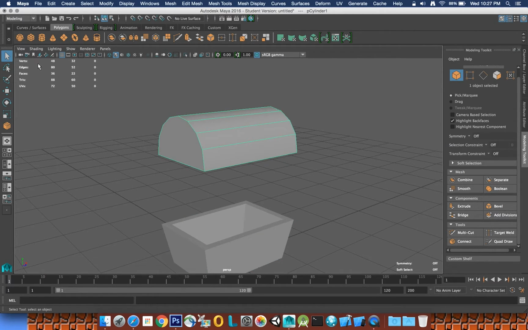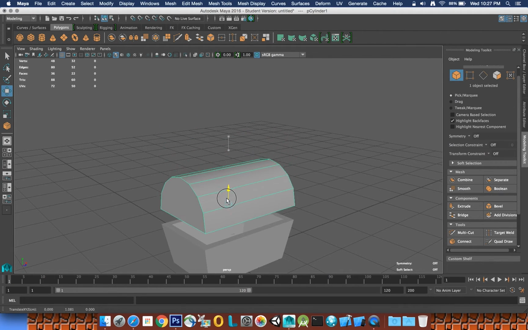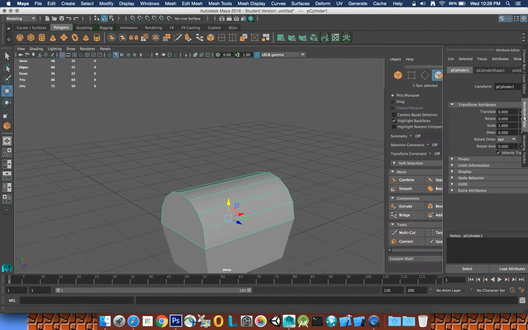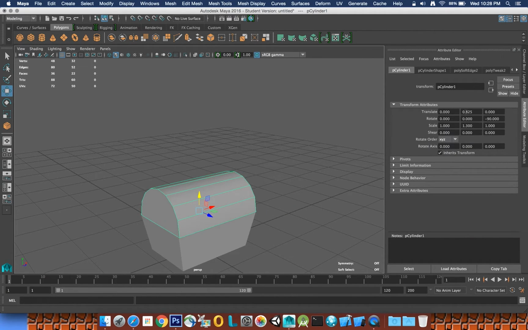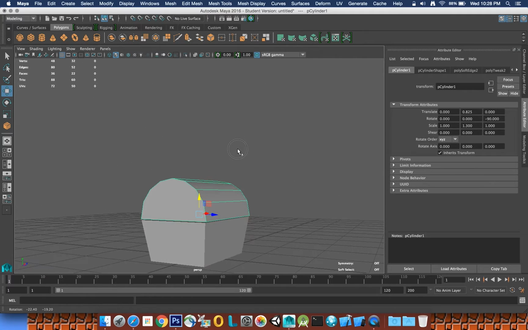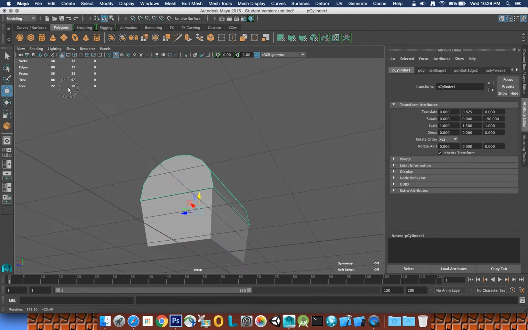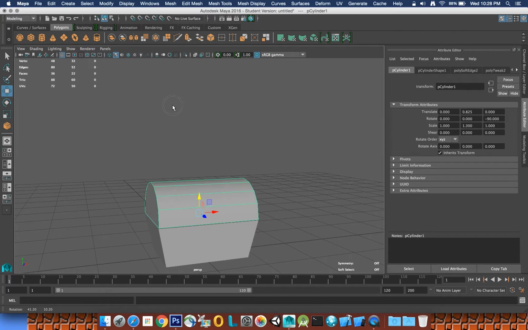One final trick, and this will be done. So I'm going to pull the top back down. Go to my attribute editor. Too far. Okay. That's just about down on top. All right, the final thing I want to do with this is we want this lid to be easily opened. And so I'm going